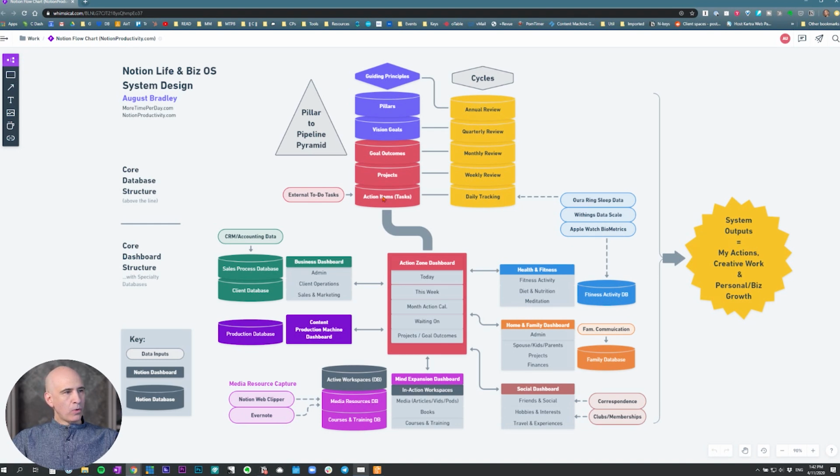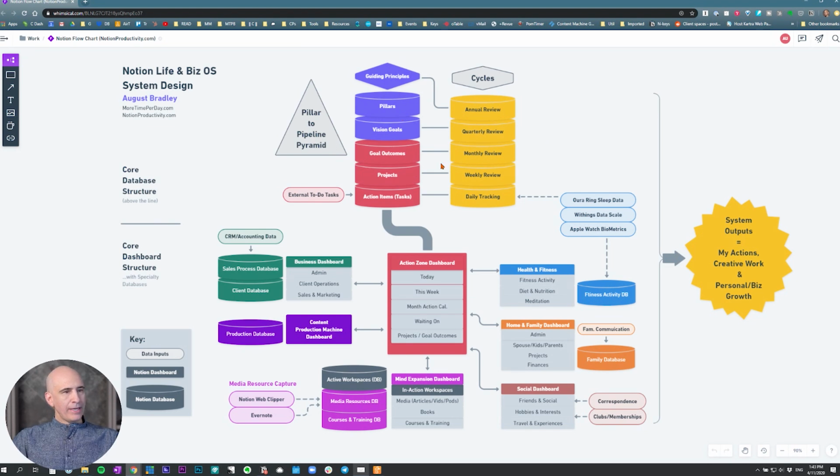And I'm laying out my core databases, which have the actions, projects, goals, and pillars, which I think of as a pyramid. All right, so those are flowing into the daily action zone, which is primarily where I interact with all this stuff day to day. I interact with these other databases like projects, goals, and pillars during the weekly reviews, monthly reviews, and quarterly reviews. But you can see how they're all linked up to the level at which they come into play in the system, particularly my activity with the system.